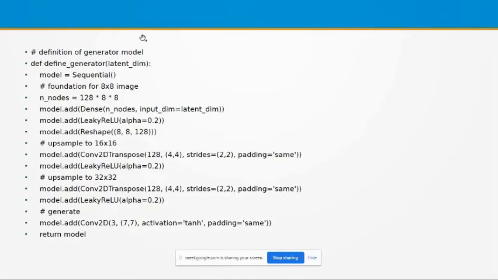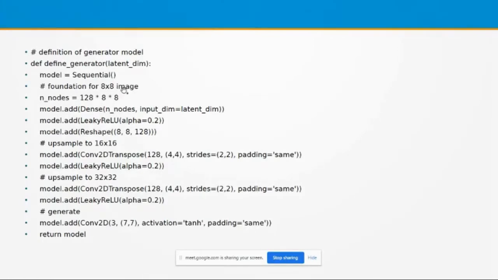And as a first step of the process for generating the image, we have to convert this latent dimension into a base image. I'm going to map this latent dimension into a base image of size 8 by 8, and 128 such images I'm going to consider here.